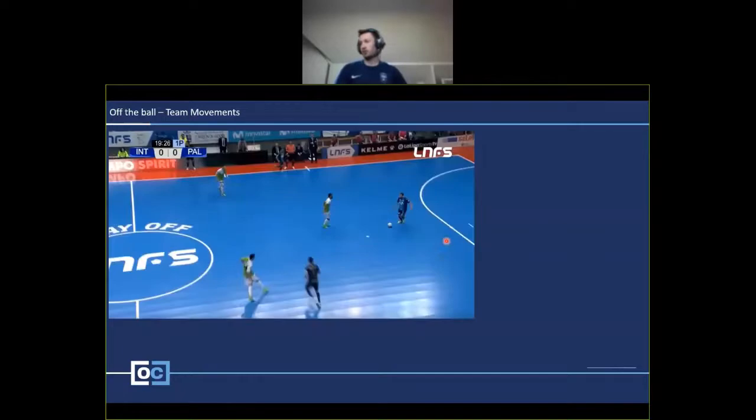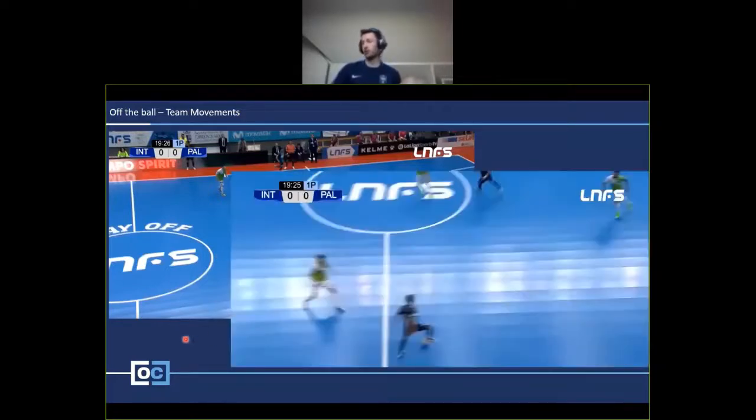So team movements. Now, I haven't gone into too much detail on this because I think it's going to be somebody else's presentation. Yes, that's an easy cop-out. But ultimately, depending on how your team want to play, that's how you can manufacture space for your pivot. So the one I've got here, and it's quite a common thing, is you've got Inter Movistar in the blue there playing 3-1. It's actually Humberto who's playing as a pivot in this 4. But he's come round and he's actually acted as a false to clear space out for the player who did cut through. And again, this is actually Daniel a couple of years ago.